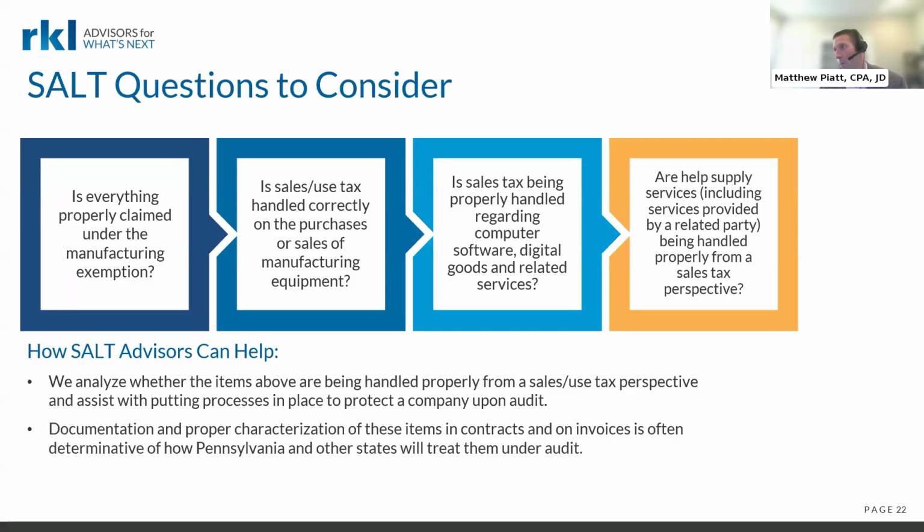Software, digital goods, and related services: states are really aggressively auditing and imposing sales tax on that. And you may at first read think, well, this doesn't apply to me, but it's anything like an ERP system. It applies to advertising. It's much broader than what you would think. In general, most states tax canned software. So that's software that's not customized for a particular user. That's the bulk of software. There's also what's called, for sales tax purposes, custom software. A number of states don't tax that, but it's got to meet that definition. And that's kind of where the devil is in the details.